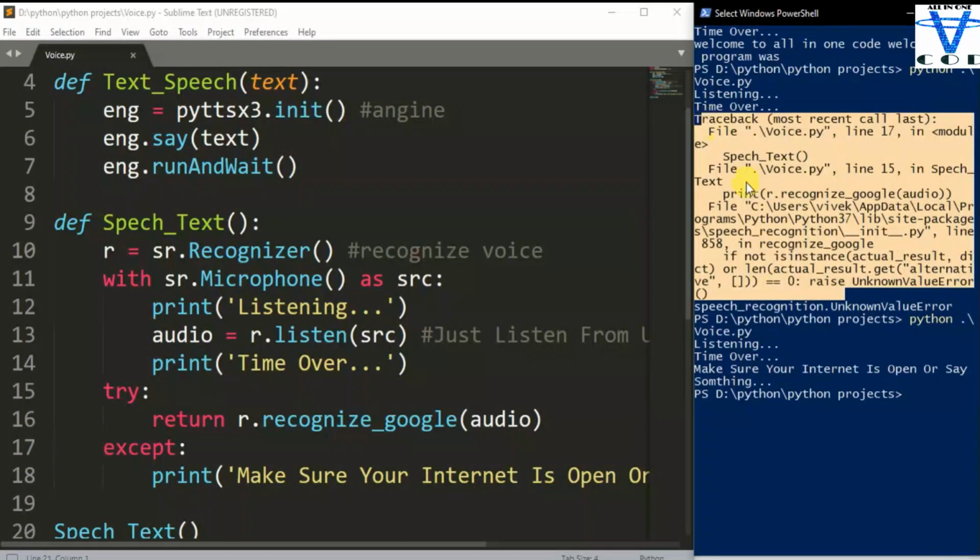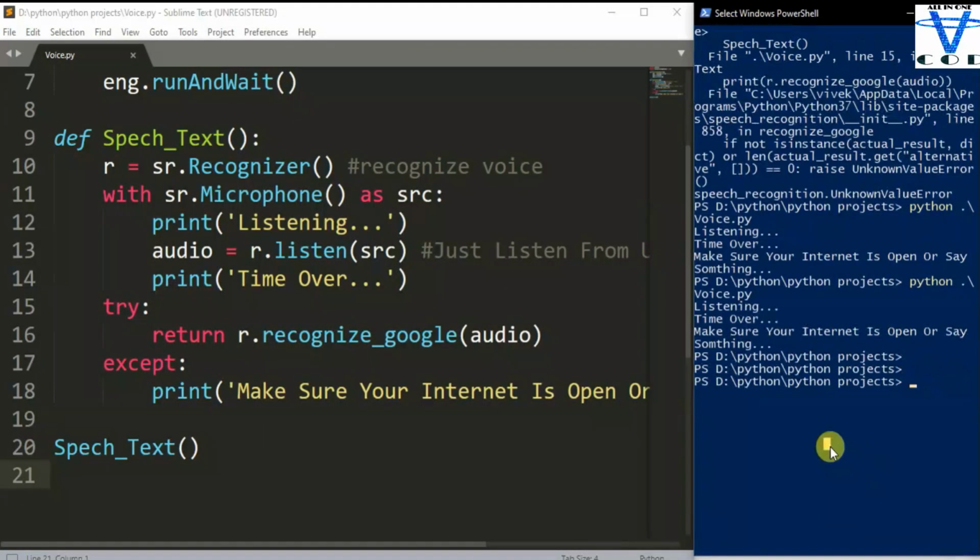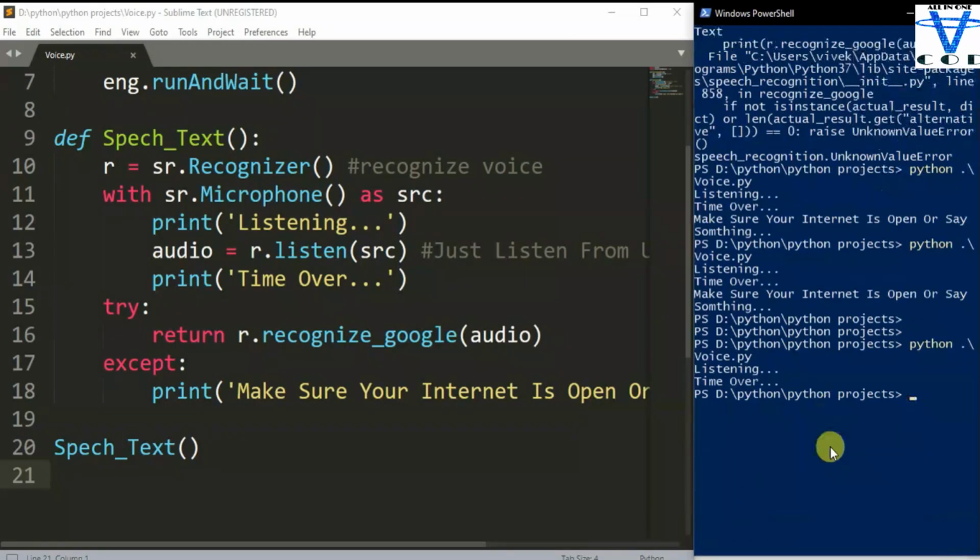Now let's try this again with my voice. "So no one told you life was gonna be this way." Oops, why didn't we get any output? Let's try again.